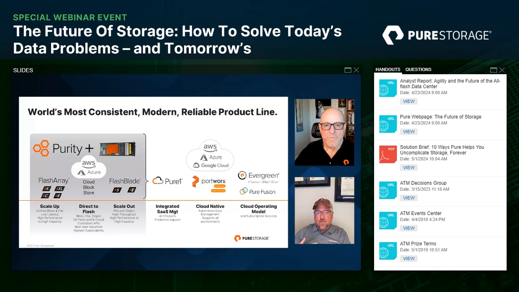And what we're aiming to do at Pure is to develop and build and deliver a data estate that, when new capabilities are expected of the storage, or new capabilities are brought in the form of a new workload, it just becomes an automatic assumption that the estate will be more than able to handle it. Now, will the endpoints change? Will there be scale out? Will there be scale up? Will there be object? Will there be file? Will there be block? Yes. If it's on the estate, yes. And there will be intelligence that will help the data itself match up to what the workload expectation is.